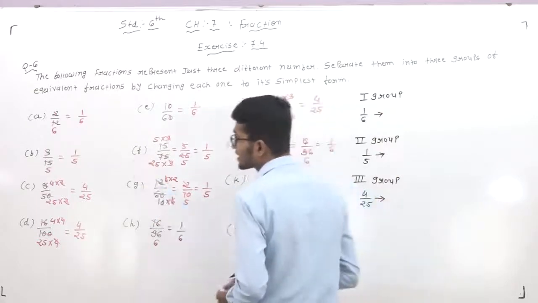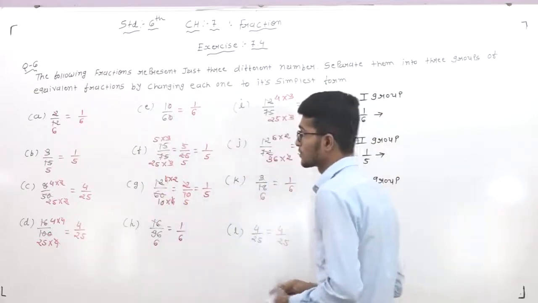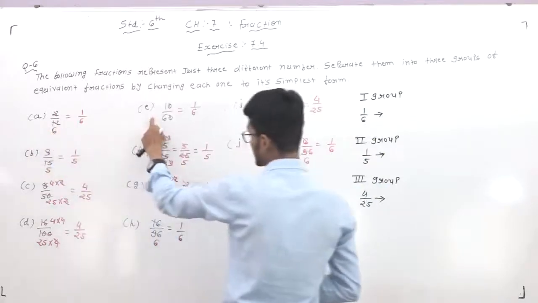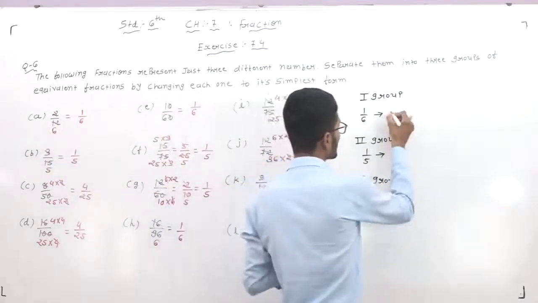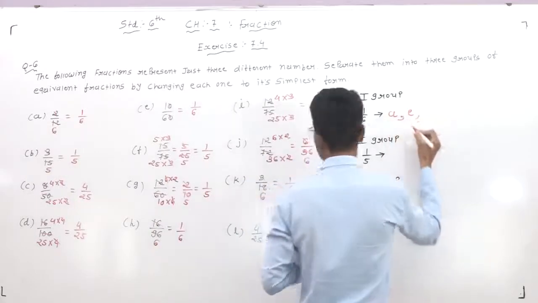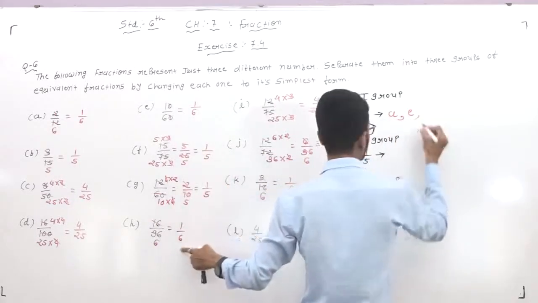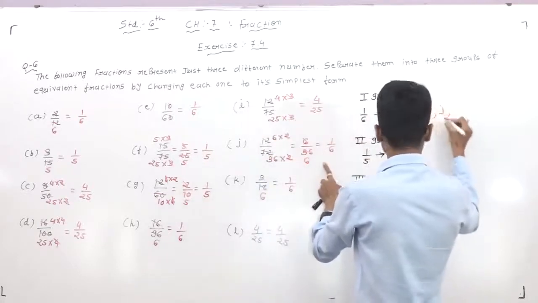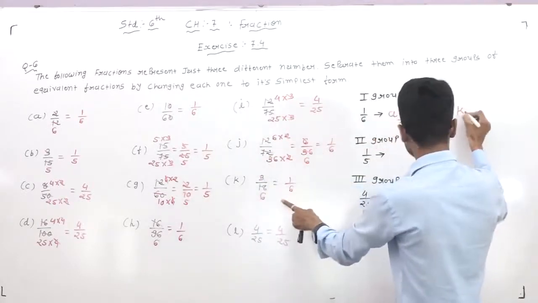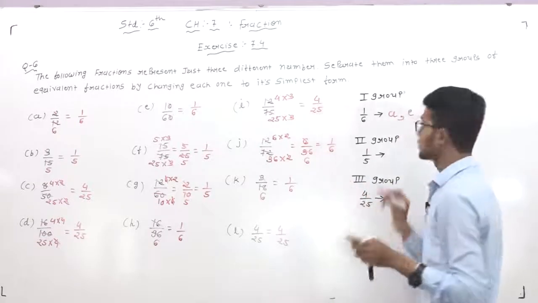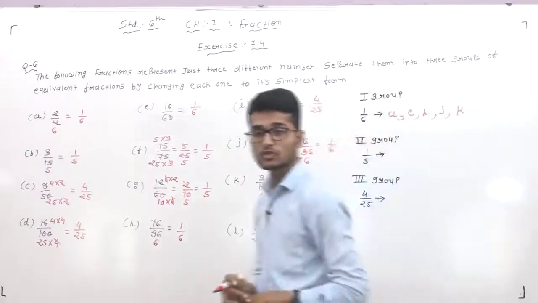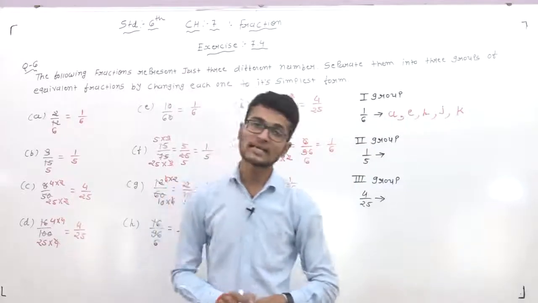Now how many fractions are included in these three groups? First of all 1/6: write down A, E, now the next one H, next J, next K, over. Okay, 1, 2, 3, 4 and 5. So 5 fractions are included in our first group, and our first group is 1/6.